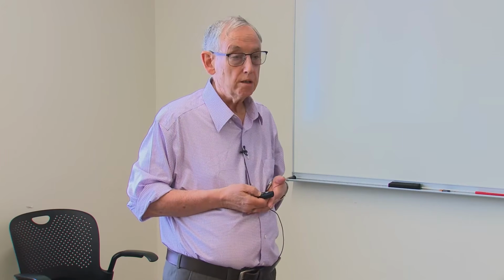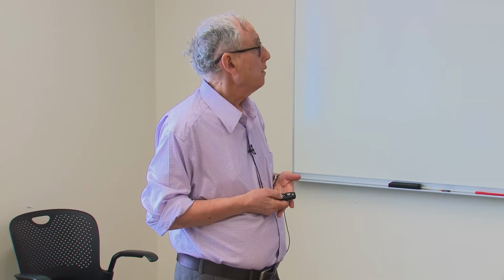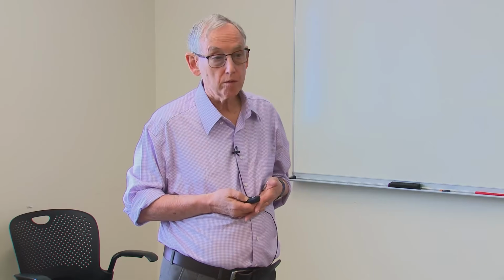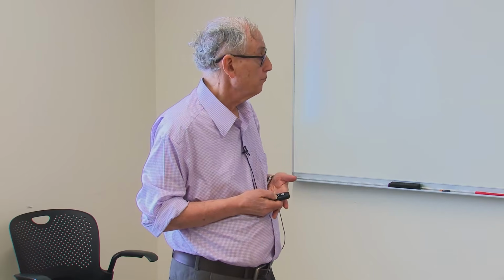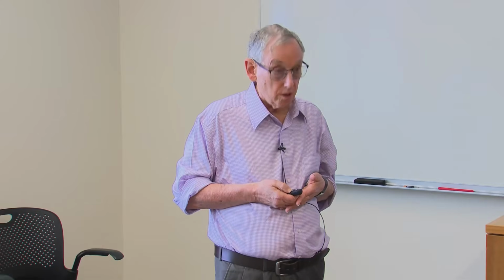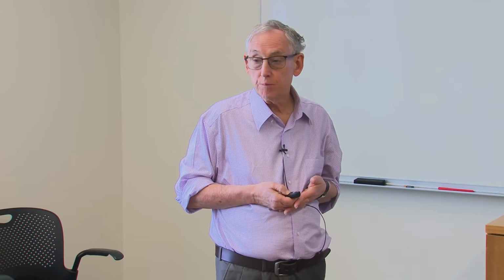And unfortunately, not infrequently, the transaction appears only on one person's account and not both. So those are discrepancies. So one of the advantages of having a common but distributed ledger to begin with is to reconcile discrepancies